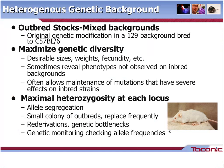Now, as a counterpart, I want to talk about a heterogeneous genetic background, which in many cases are outbred stocks or mixed backgrounds. These are also commercially available. Outbred stocks are bred in a different way from inbreds, because the goal of these outbred stocks, or heterogeneous genetic backgrounds, is to have a lot of diversity and heterozygosity in all of the alleles. There are different purposes for this particular background,